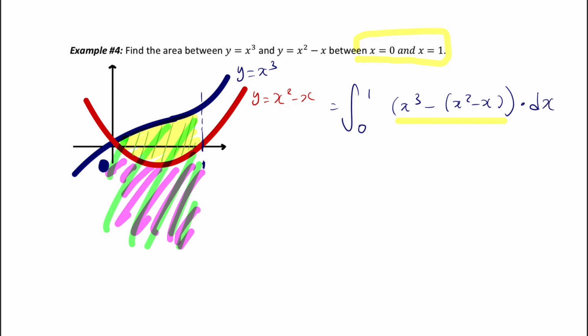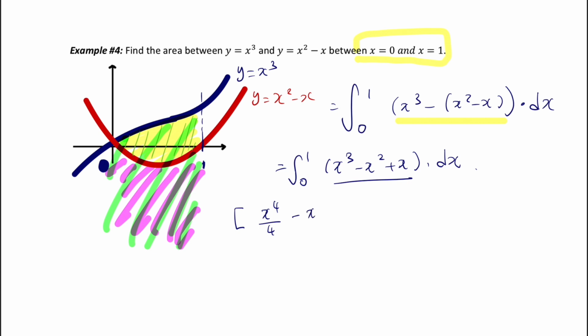At this point, you can use your GDC to calculate it, but let's try manually as a practice. So 0 to 1, we have x cubed minus x squared plus x, dx. So we're going to integrate the function first. So we get x to the power 4 over 4 minus x cubed over 3 plus x squared over 2, from 0 to 1. And this is the same as